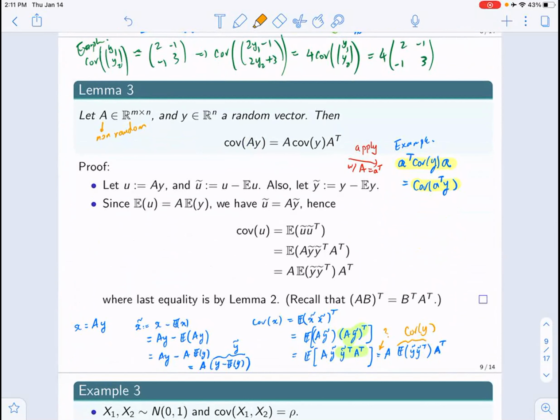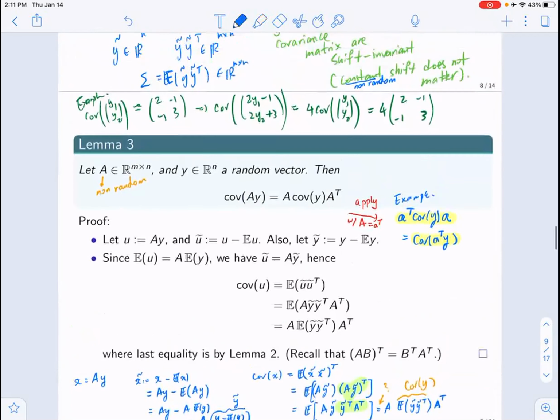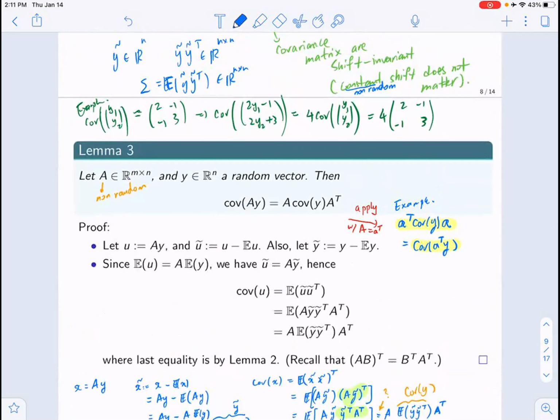So do you want to help going over the proof? No? So what I'm going to do is not go over the proof then. You can go over the proof in the,